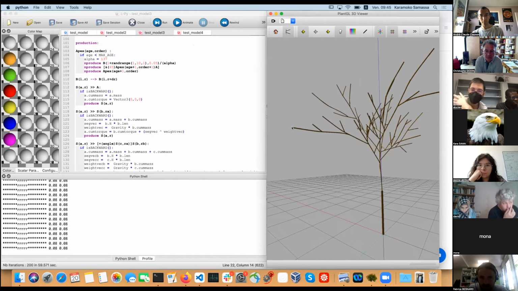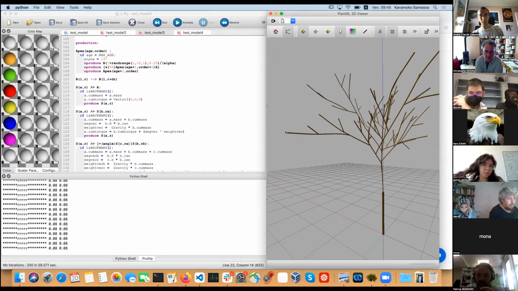For example, for this stem, I go from the apex at this level and backwardly calculate the torque, and then I calculate forwardly the mechanical displacement for each stem, and by the end I can get